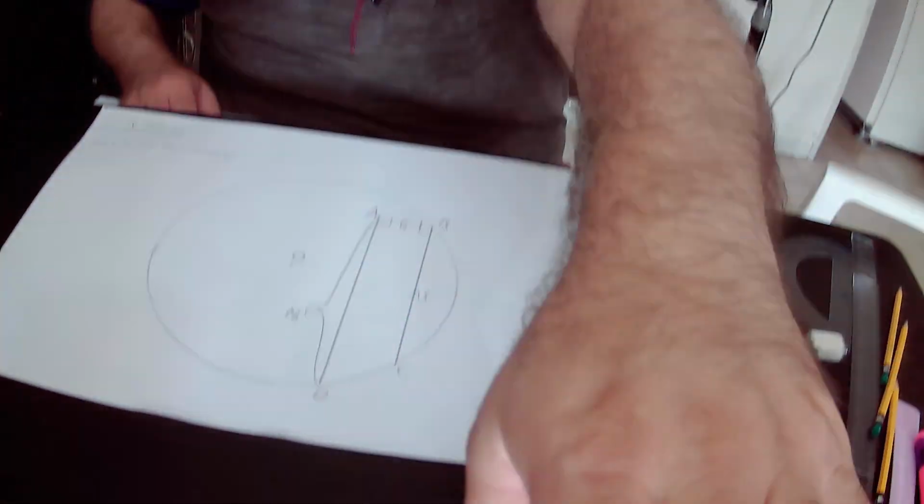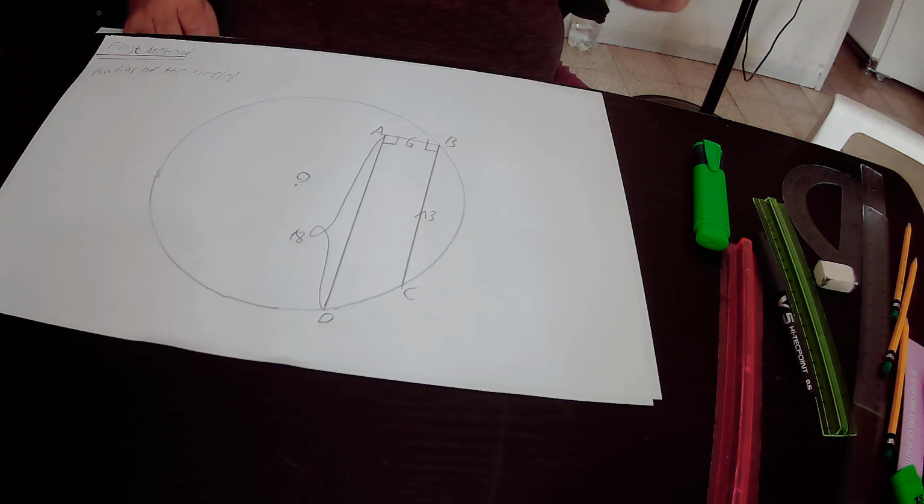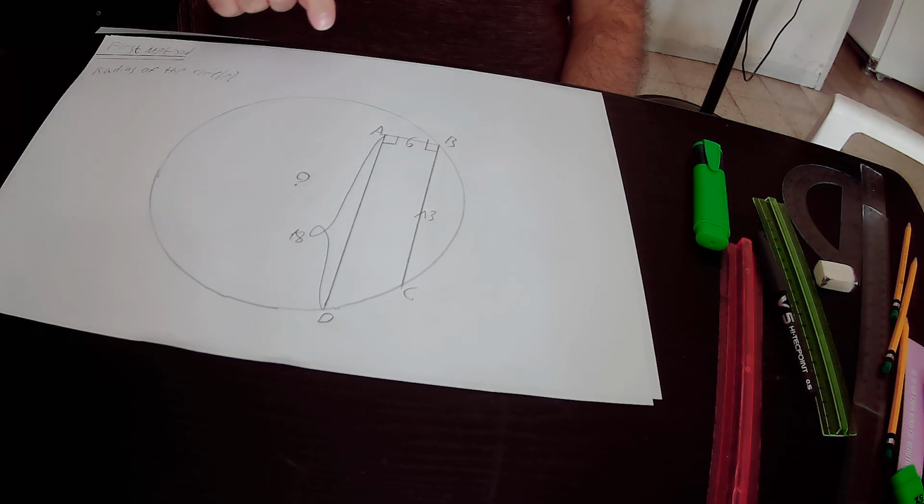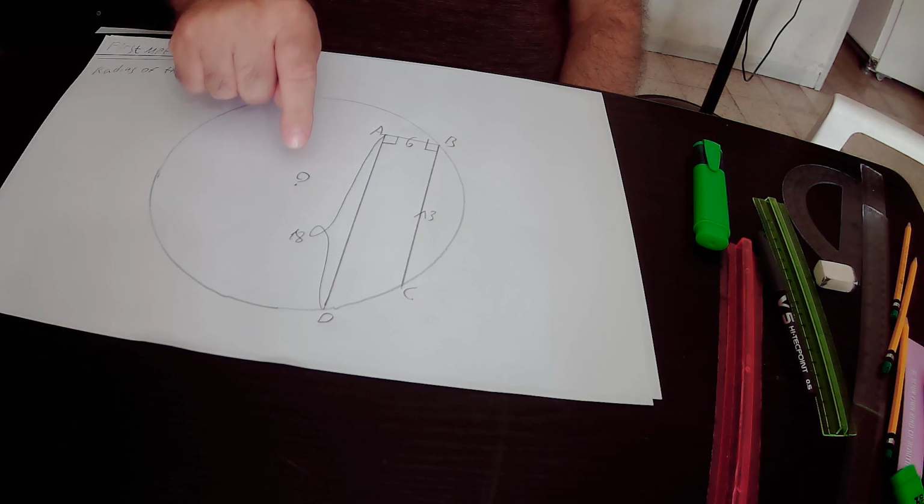Hello, in this lecture we will find out the radius of a circle using two different methods. In the drawing we have a circle inside and we know that the center of the circle is at point O here,